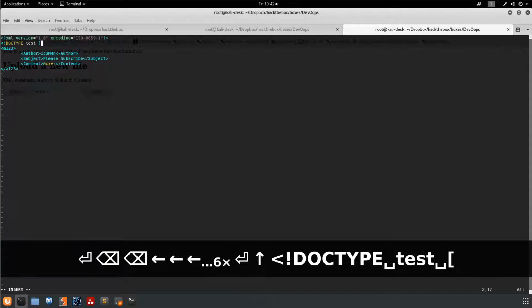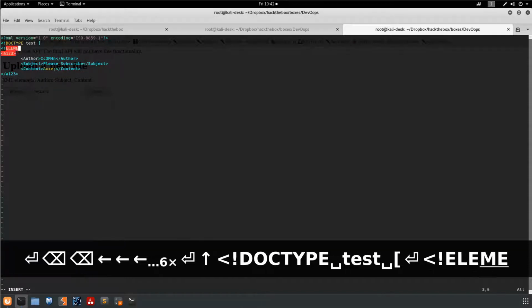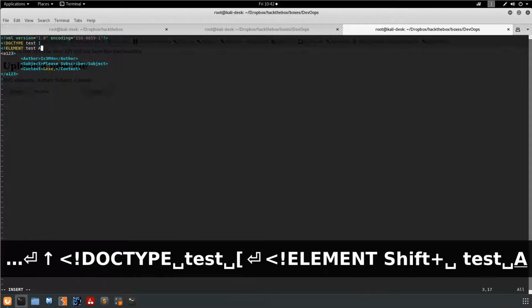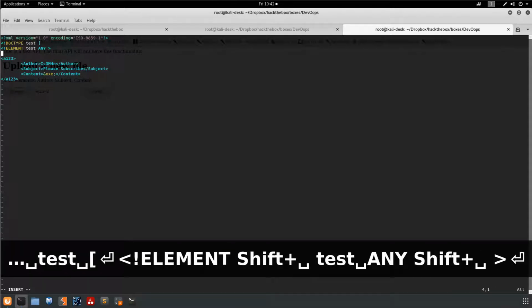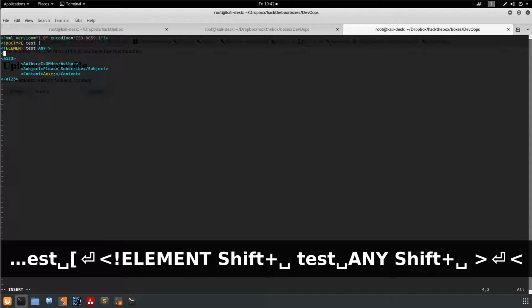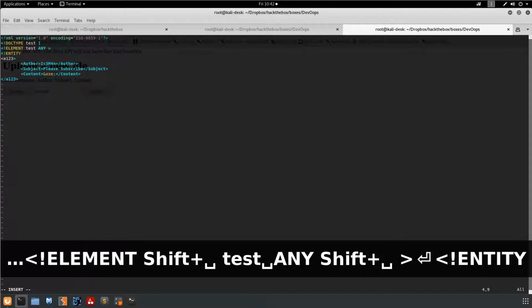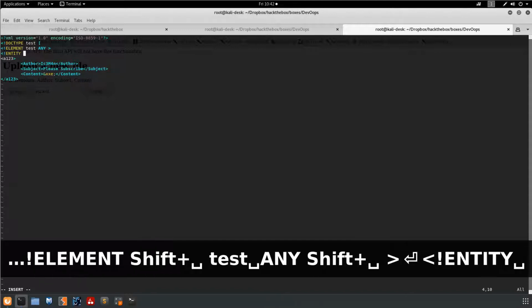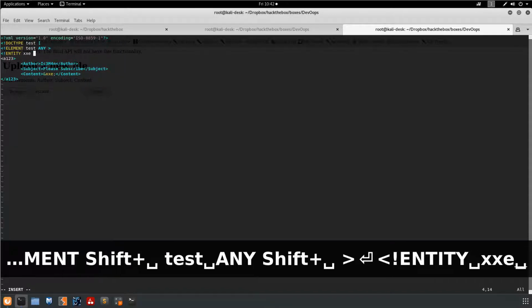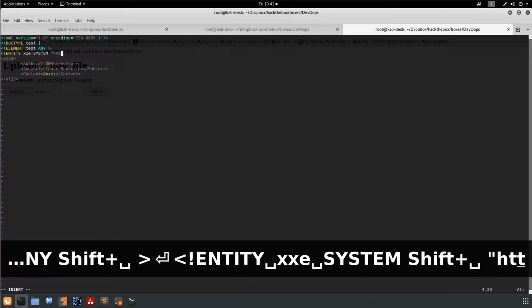We'll make it test, ELEMENT test, and we'll allow it to be ANY type. And then ENTITY XXE, which is what we used below, SYSTEM, and then